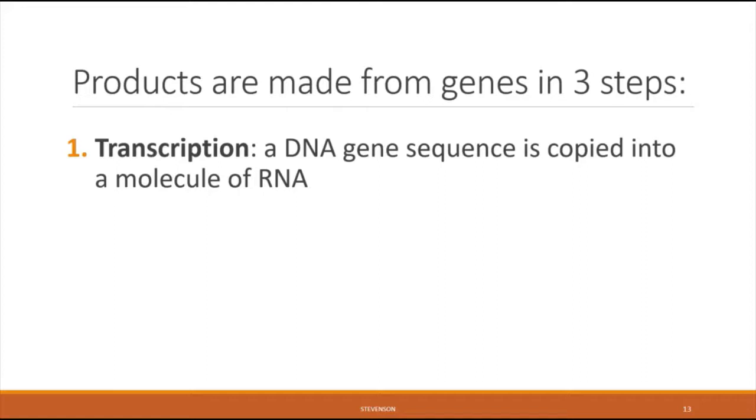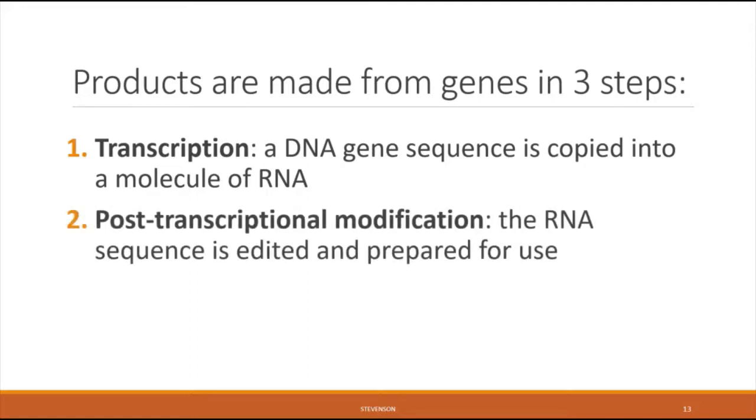Transcription is where a DNA gene is copied into a molecule of RNA. RNA, you may remember, is that single-stranded molecule, which is like DNA, but it has some differences in its structure. And these copies will be made not in the form of DNA, but rather in the form of RNA. After the RNA copy is made in transcription, then comes post-transcriptional modification. Post-transcriptional modification is where the RNA that is made in transcription is edited and prepared for use in actually making